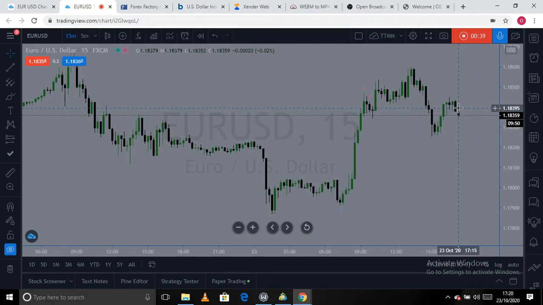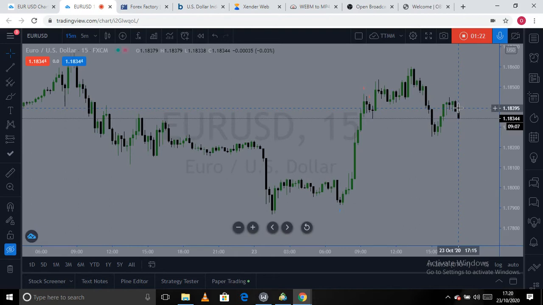First of all, if you are following the market, you know we are bullish on the dollar index. Therefore, we expect the euro dollar to go the other direction. Since we are bullish on the dollar index, we are bearish on this particular asset, the euro dollar. And there was something that happened with the dollar